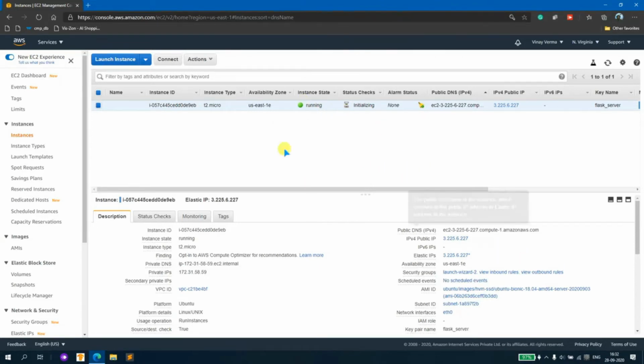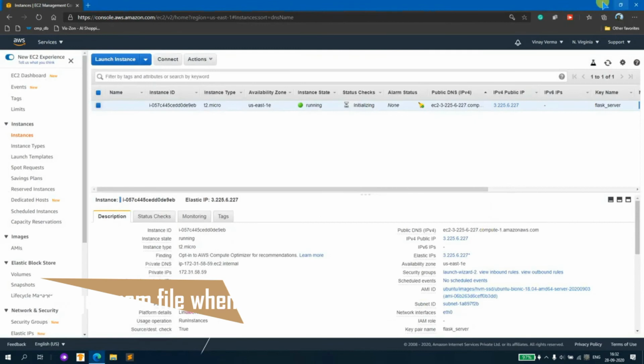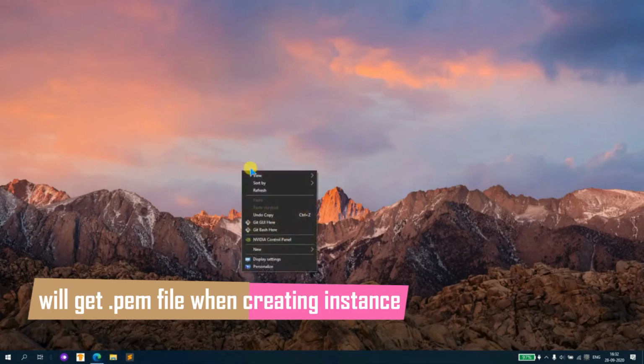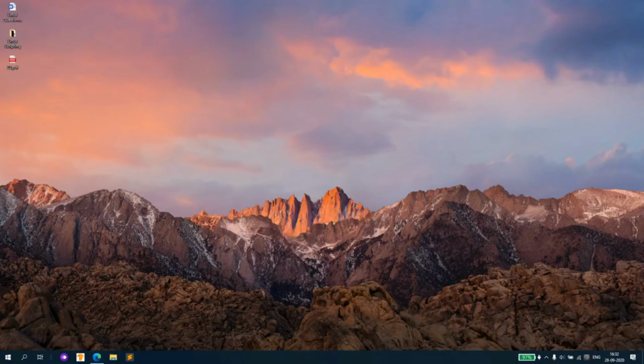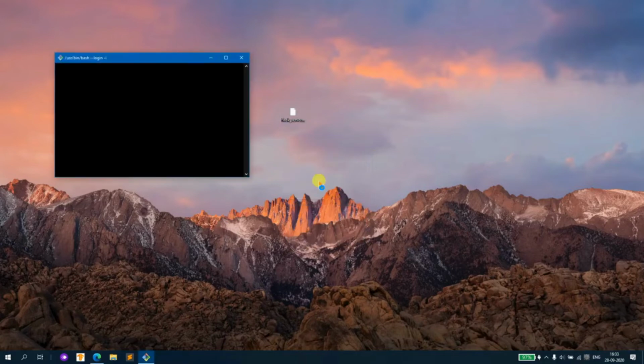So how to connect with that? So to connect with that, there is an option for connect to get easy stuff. So to connect that, there is this example, and I will just copy this example, and yeah, we'll move to my folder where this PEM file is present. So I have already downloaded this PEM file. This is the password file that is required for the system to work. So here it is a PEM file. So this is the file. It is having encrypted keys, so I don't need to type the password for my instance. I will require this key to be present here.